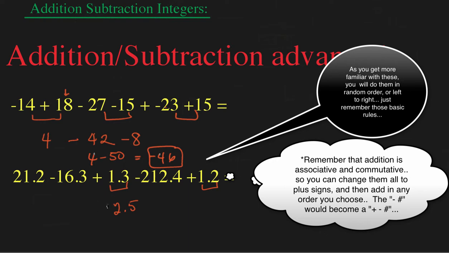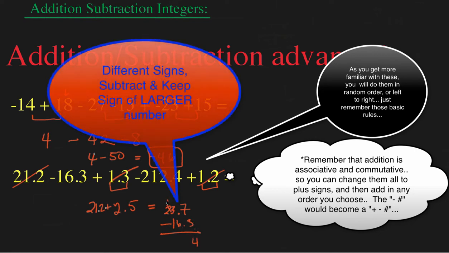Okay, so the 2.5 is positive plus the 21.2. So that takes care of you, and you. So that's going to give me 23.7, and then minus 16.3. You can see I'm just kind of freestyling it, but it doesn't matter what order you go in. That gives me 7.4. So that's now gone. And the last one combined with 7.4, which it was a 7.4 because that 23 was